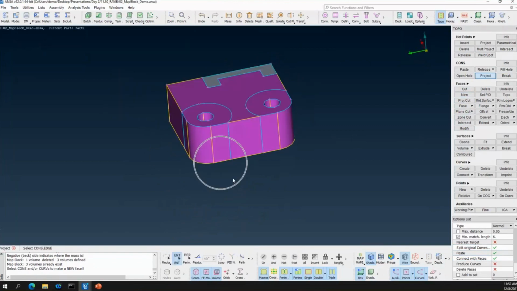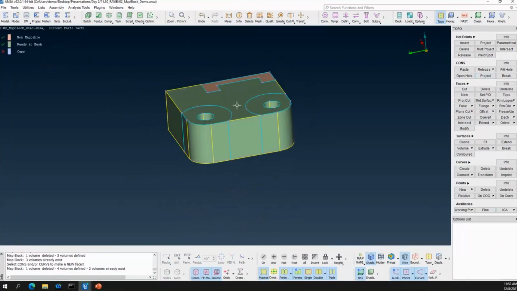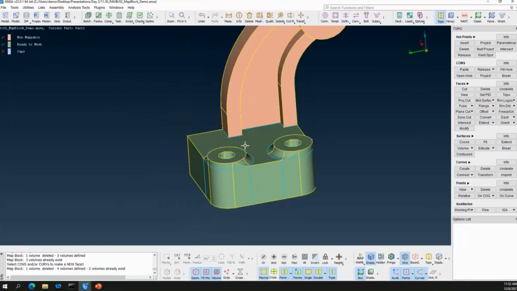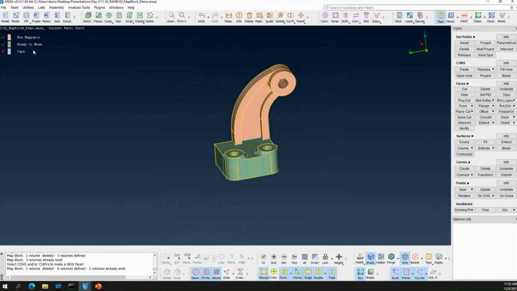Now again, I'll just update my map block. You can see that this area is also ready to mesh except for this portion. So I'll bring up the areas which need further decomposition by hiding the ready to mesh areas.